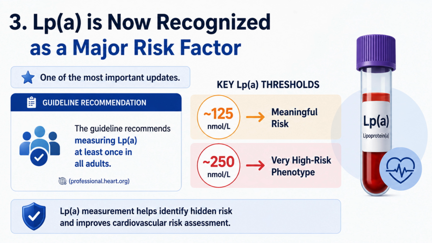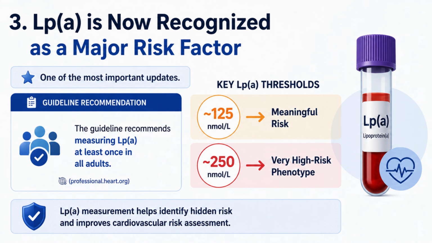The next major update is that Lp(a) is now recognized as a major cardiovascular risk factor. The guideline recommends measuring Lp(a) at least once in all adults. An Lp(a) level above 125 is considered a meaningful risk, while a level above 250 is considered a very high-risk